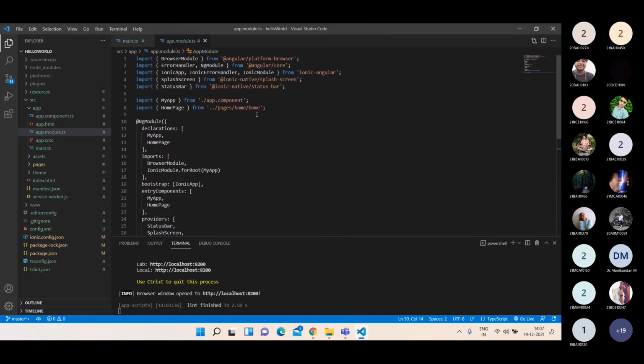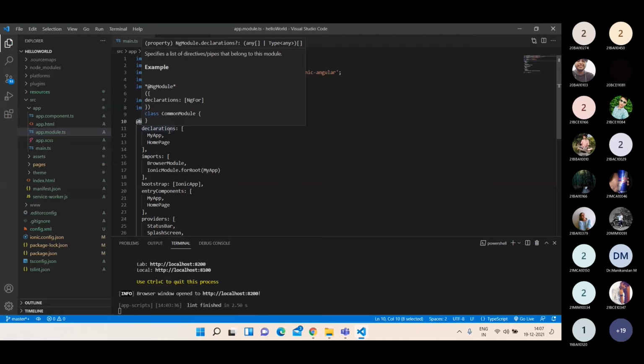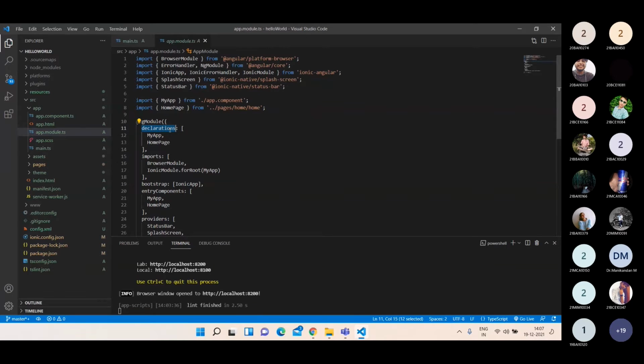Okay. So then we are going to the app module. So inside the app module, you will be having this @NgModule decorator. So this NgModule decorator will be telling you that this is a module file. And inside this NgModule, you will be having various arrays: declarations, imports, bootstrap, entry components, and providers.